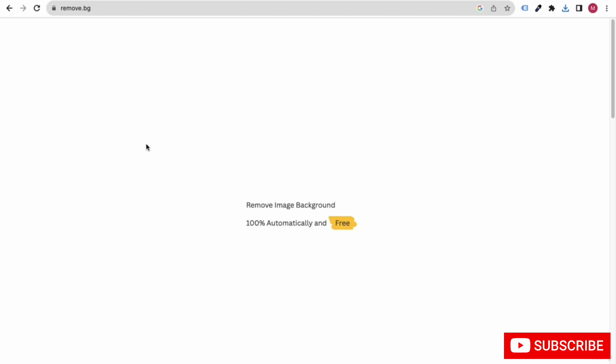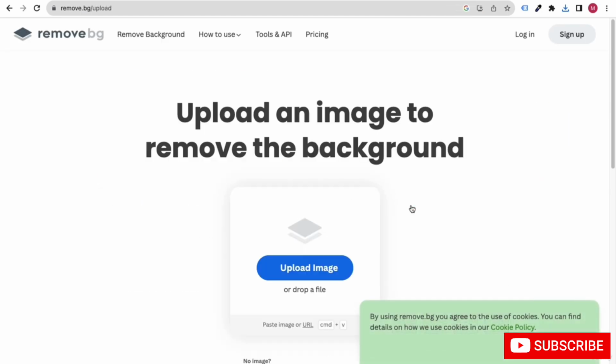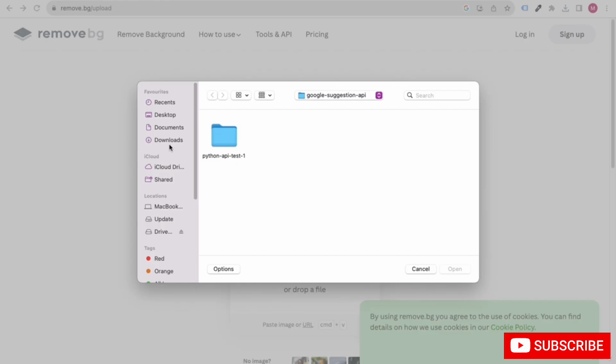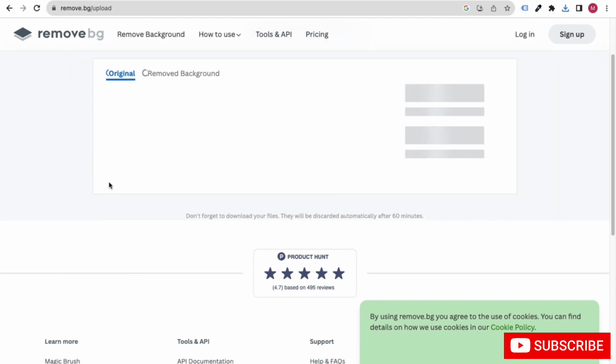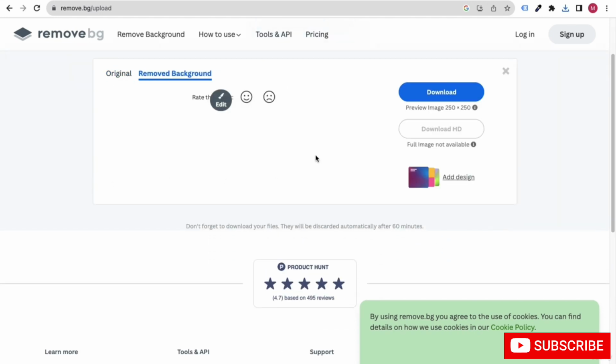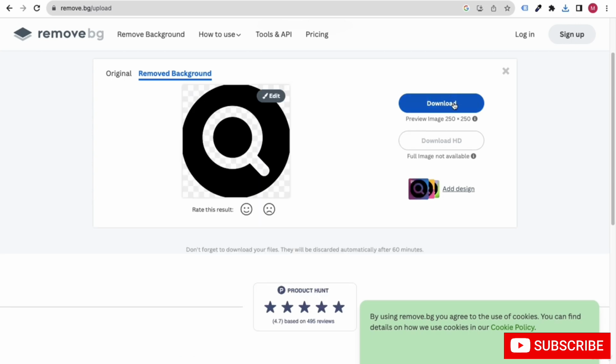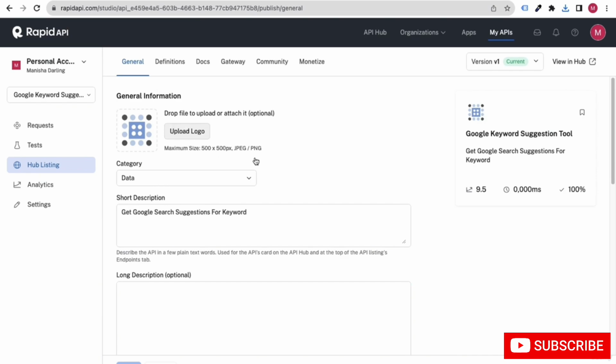We can remove the background of this downloaded image. Go to upload image, and I will select this one. That's it. Now just download it and let's upload it here.